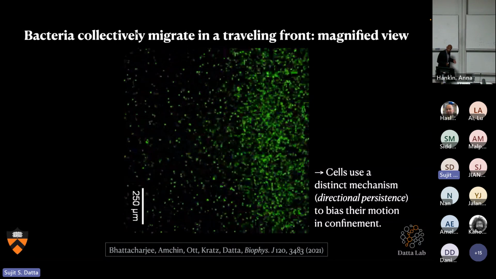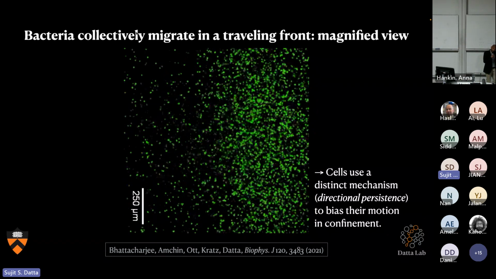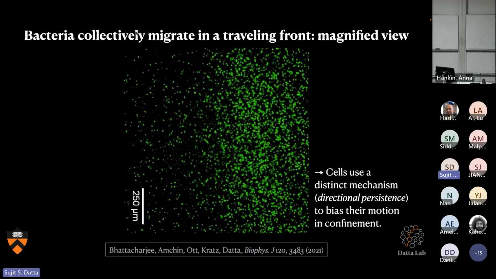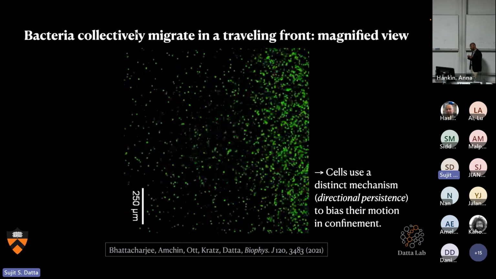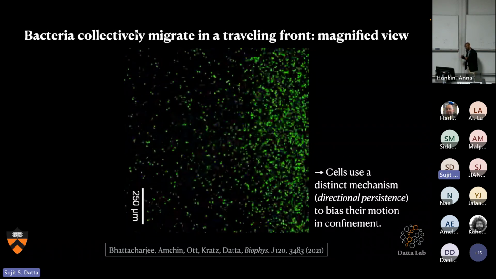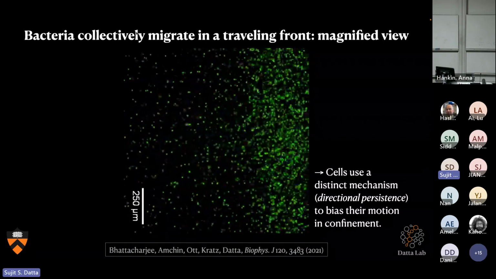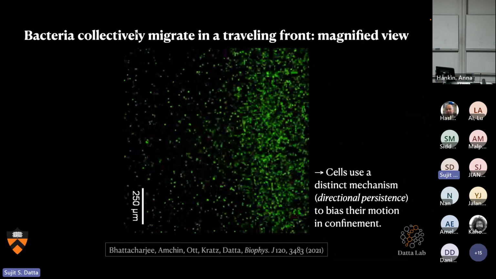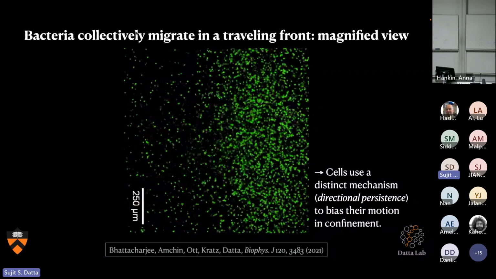As it's moving, it's detecting that conditions are getting better, so it's going to suppress tumbling. It's going to elongate runs in this direction. If it's going down the gradient, it's going to promote tumbling, shorten runs in this direction. That was the paradigm of how we think about chemotaxis. There were some studies performed about 10 years ago where people found that in bulk liquid, there's actually another